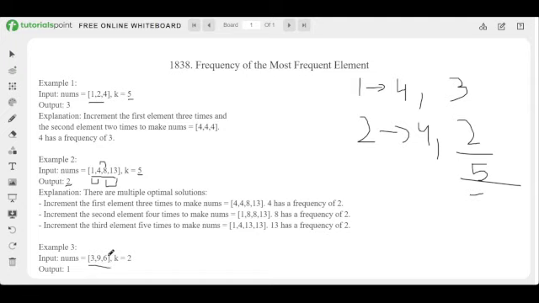In the case 3, 6, 9, there is no possible way that I can convert 3 to 6, as this is the closest pair, or 6 to 9 with just 2 moves. So the maximum frequency of any element in this array would be 1. Okay, so this is the explanation of test cases. Now let's move towards the